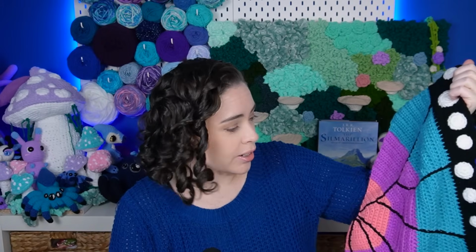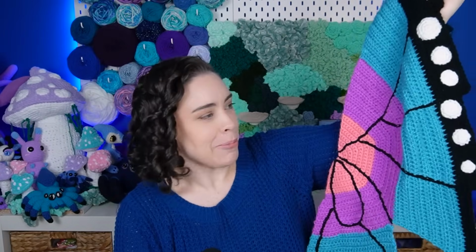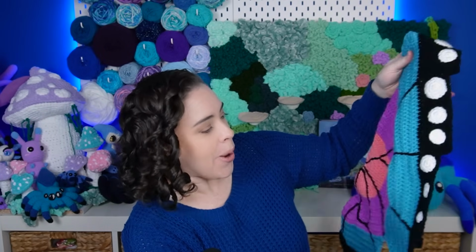So yes, that is what I will be attempting next. And unless I want to add any more details, the wings will be finished at that point. And I'm really looking forward to seeing these in action. I do think they may end up being a little bit big for my niece. I don't think she'll care about that, but